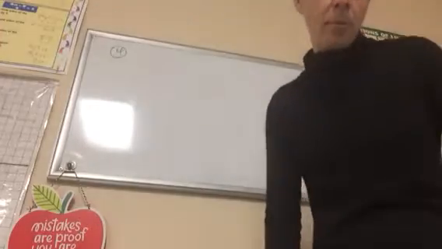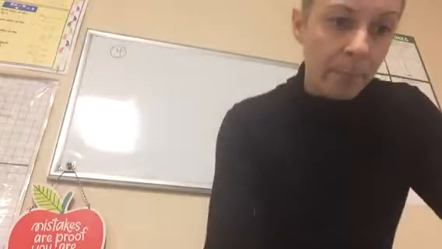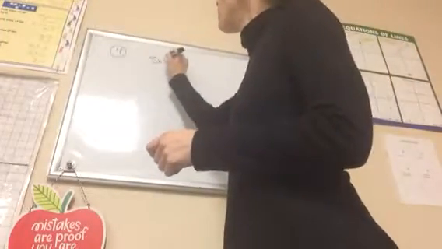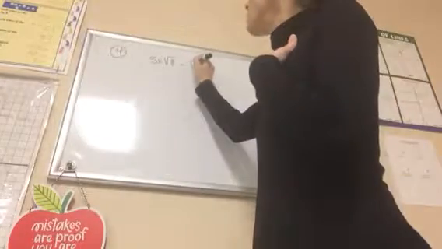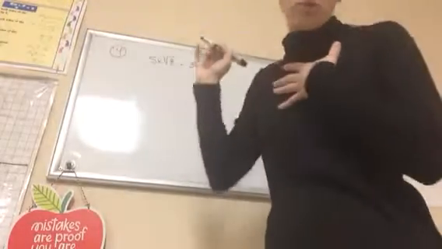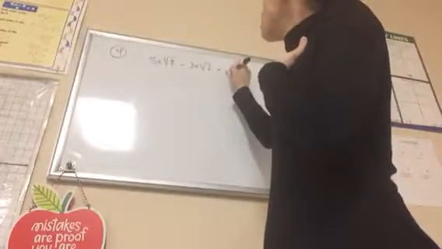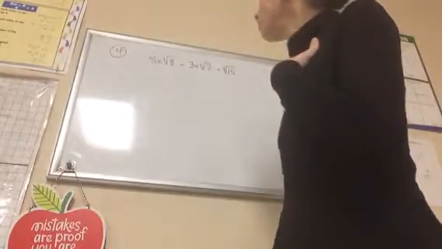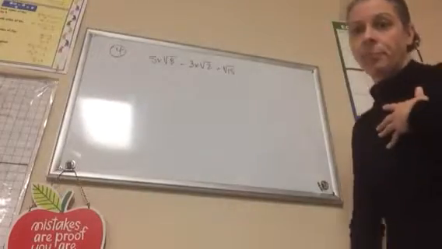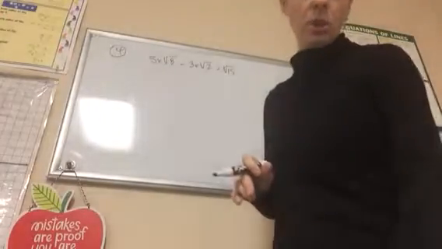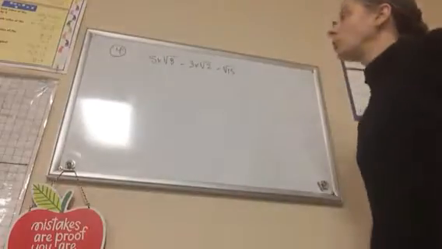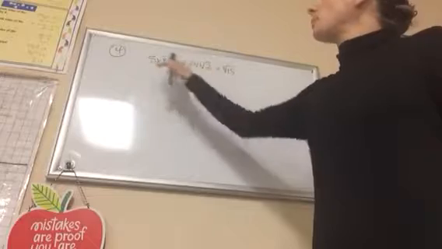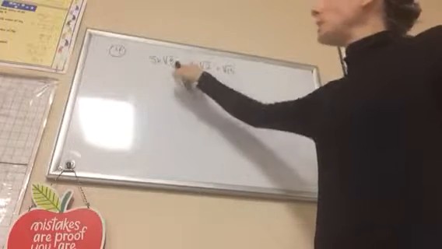Now let's try problem number 4. X square root of 8 minus 3x square root of 2 equals square root of 15. Okay? Now, in this equation, we have 2 variables, right, Levi? Unfortunately, we do. In order to be able to do something with these 2 variables, we need to make their